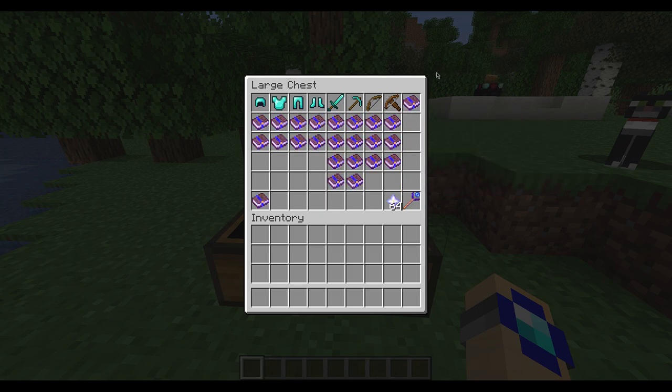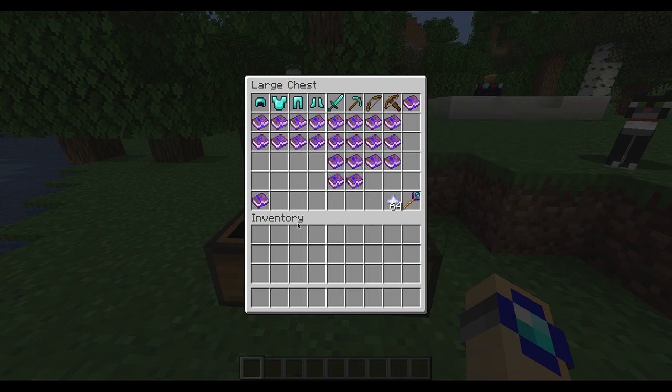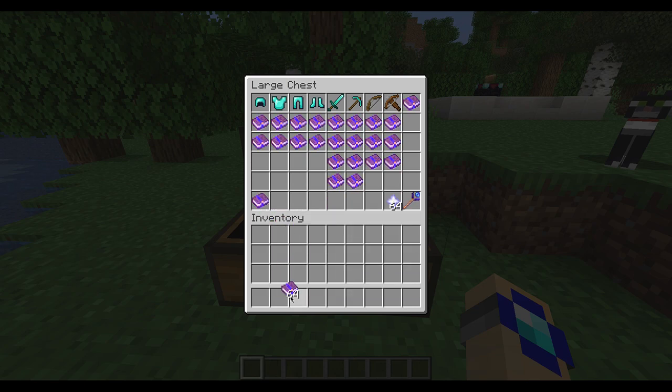Then there is the one that you've all known before, Everlasting. It doesn't break anymore. Then there is, in this corner, a new one that I really like, Fortification. This is an epic one that increases your maximum health. It's applied to armor with protection 4, or it can be applied to regular elytra, shields, or turtle shells. So only armor items need protection 4. This is one of the best divinities in my opinion,